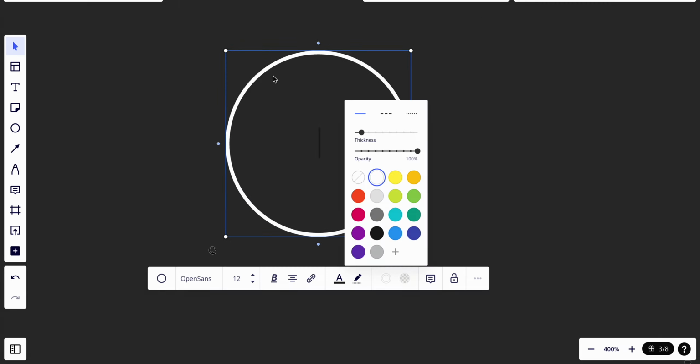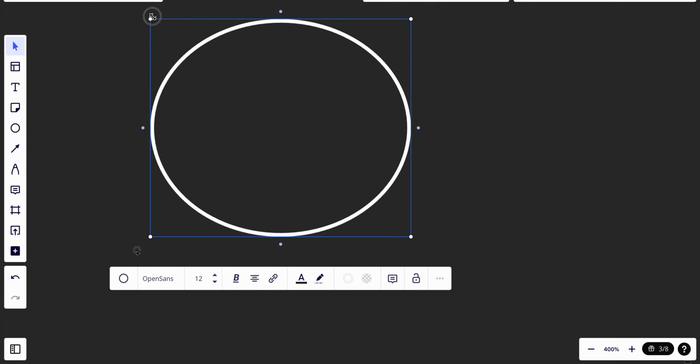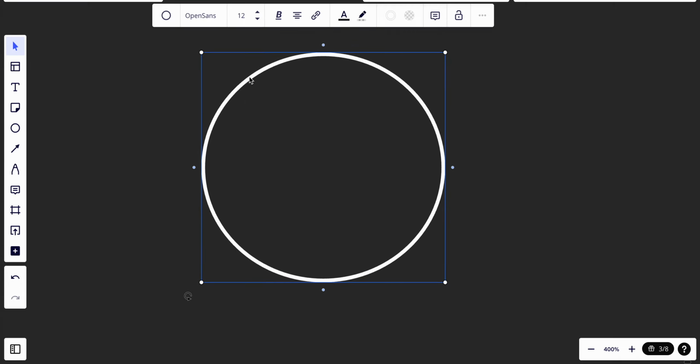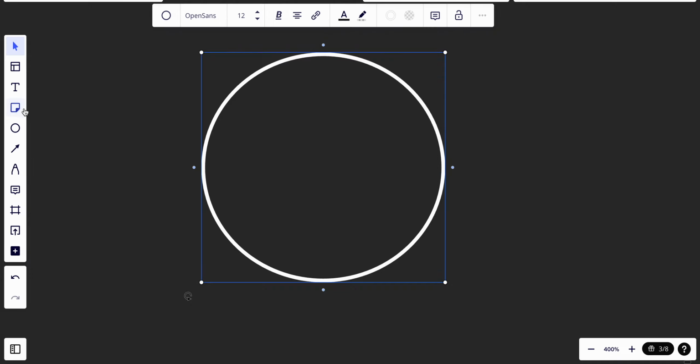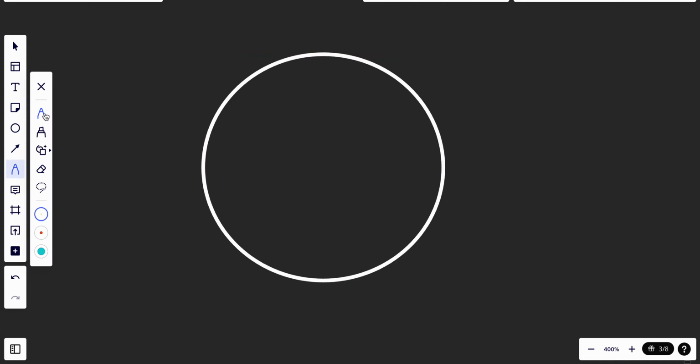Okay, and make it big, and I just want the thickness, I don't want to be thick. Okay, and let's just have our, let's say that we have our servers. Okay, and we have our